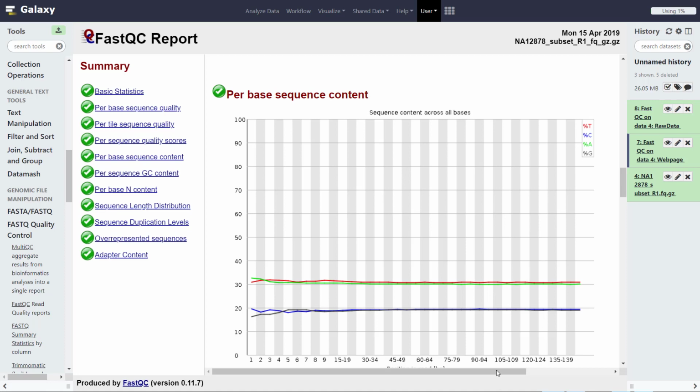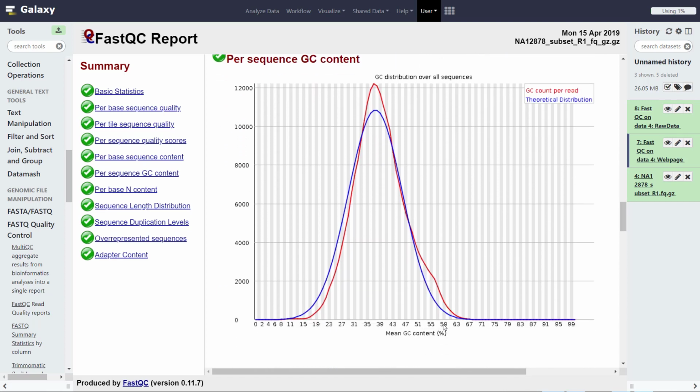Okay, following that, we have the per sequence GC content. Again, this is measuring the GC content across the whole length of each sequence. And it compares it to a modeled GC theoretical distribution.